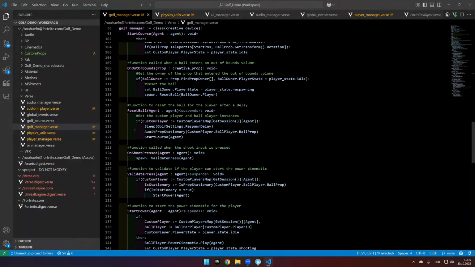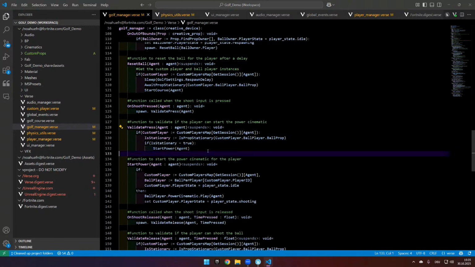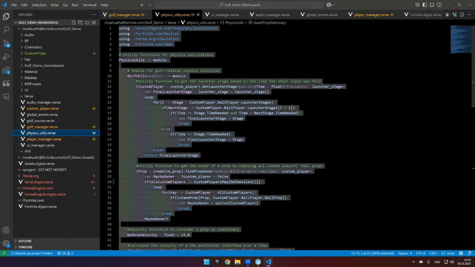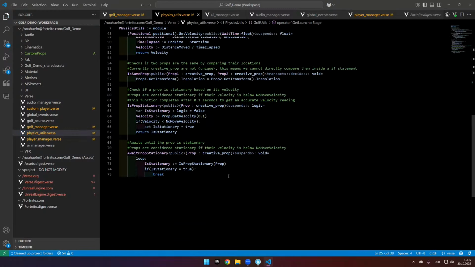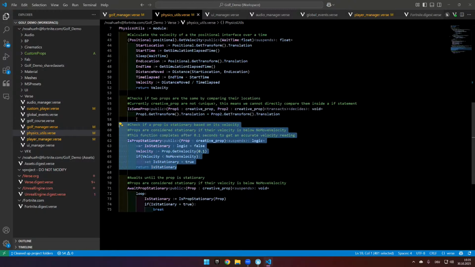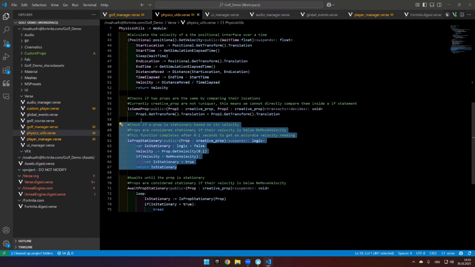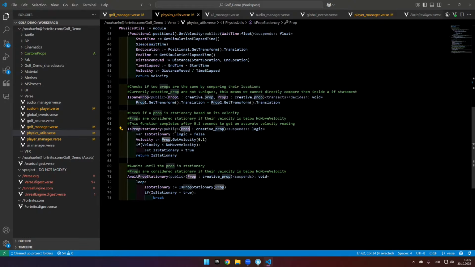And what I'm doing is validating the press on shoot press. What that does is check if the ball is stationary. That's a function I created in my physics utilities. A stationary prop is a prop that's not moving, that's static, and doesn't roll around the map, because you don't want to shoot the ball while it's still rolling. Otherwise you would have issues when you teleport the launcher to the ball, and it would be out of reach of the ball if it's moving too fast. So I've set up a utility function is stationary, that just gets the prop and